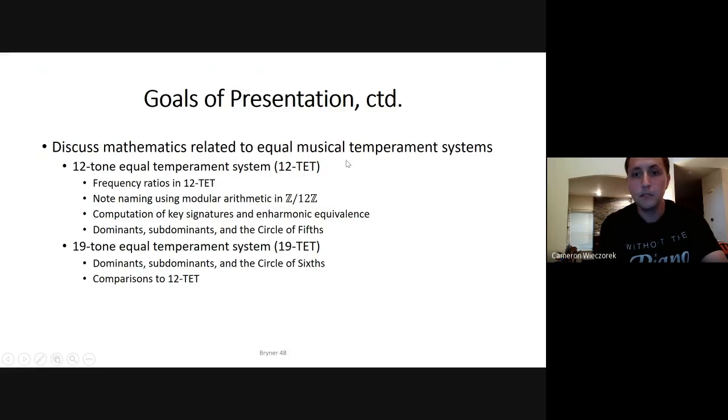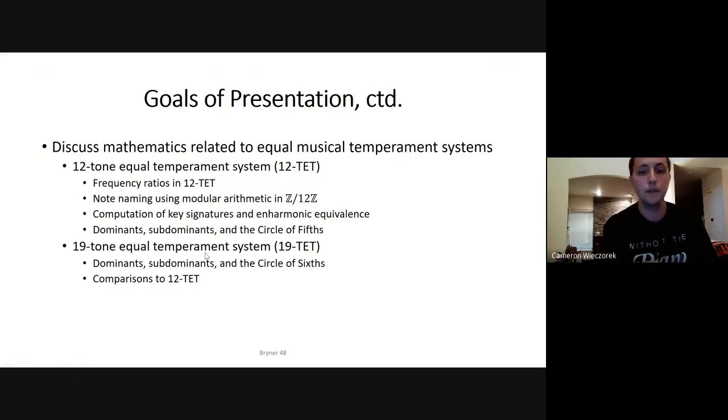The two main temperament systems that we're going to be focusing on are what are called the 12-tone equal temperament system, often abbreviated the 12-TET. We'll be discussing frequency ratios, how to name notes using the cyclic quotient group Z mod 12Z. We'll discuss computation of key signatures and enharmonic equivalence, and introduce some terminology called the dominant, the subdominant, and the circle of fifths. After a discussion on the 12-tone system, I will discuss the 19-tone equal temperament system, and we'll